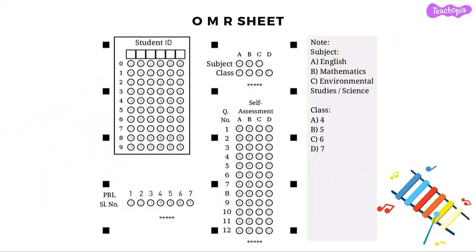Once they have done that, allow the learners to use the OMR sheet provided at the end of the PBL. Here in the OMR sheet, the learners mark or shade the circle corresponding to the right option that they feel is the correct answer to each of the questions. Using the OMR sheet is a skill that we also want our learners to have to compete in this 21st century.